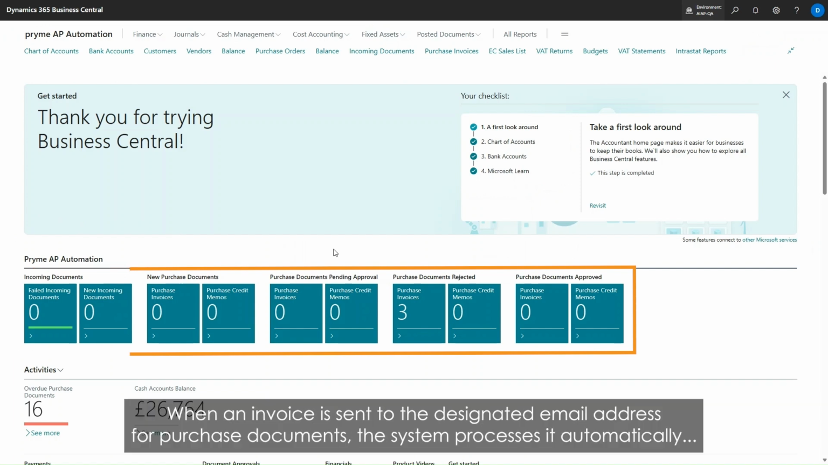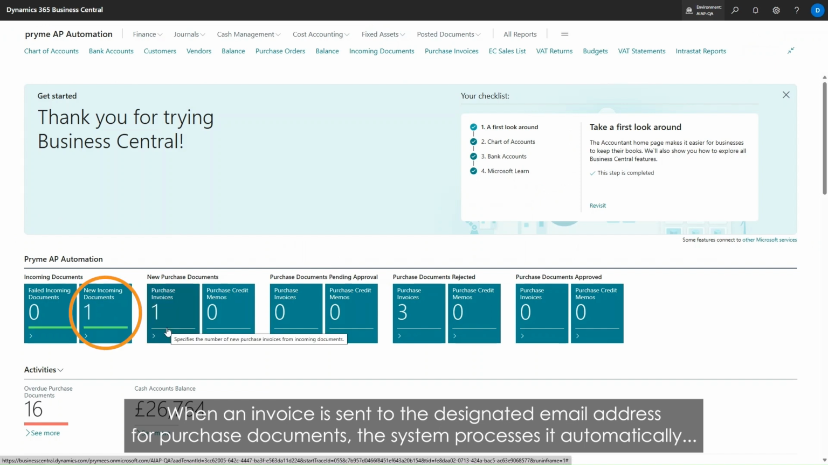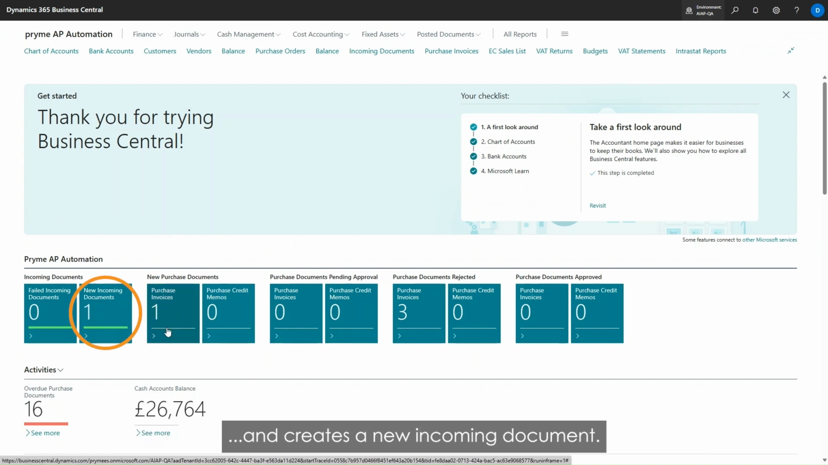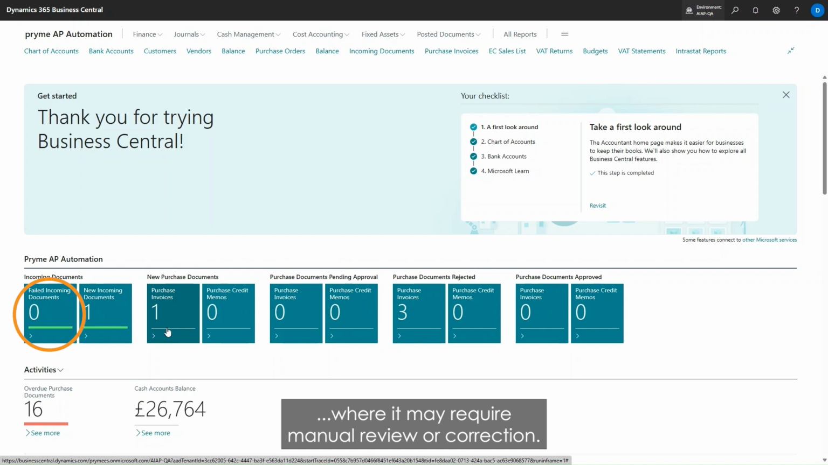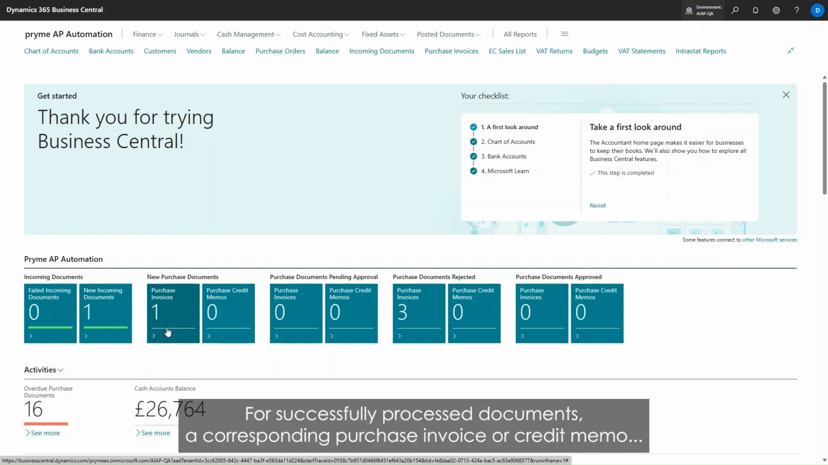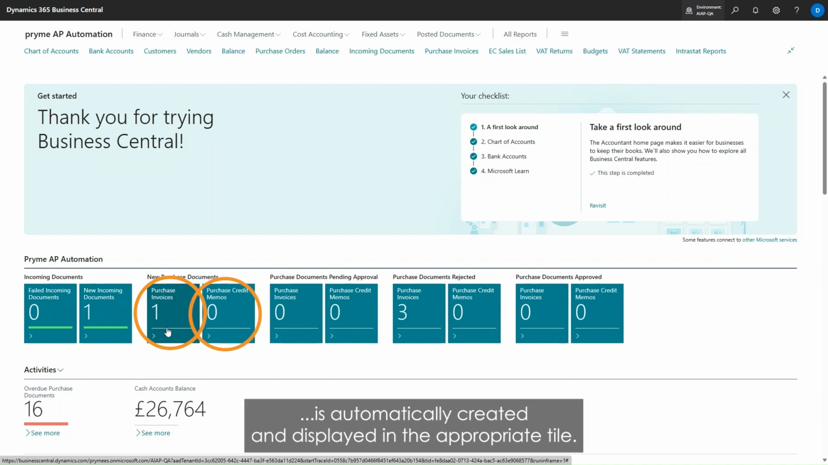Here's how it works. When an invoice is sent to the designated email address for purchase documents, the system processes it automatically and creates a new incoming document. If the document cannot be processed successfully, it appears in the Failed Incoming Documents tile, where it may require manual review or correction. For successfully processed documents, a corresponding purchase invoice or credit memo is automatically created and displayed in